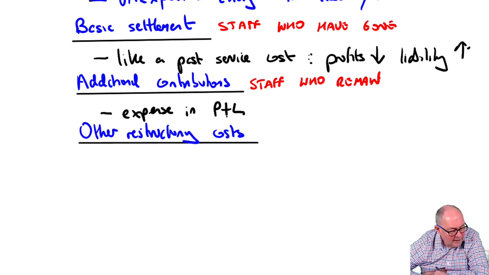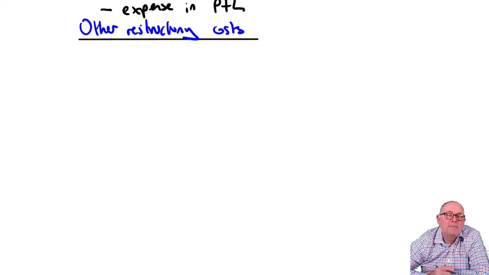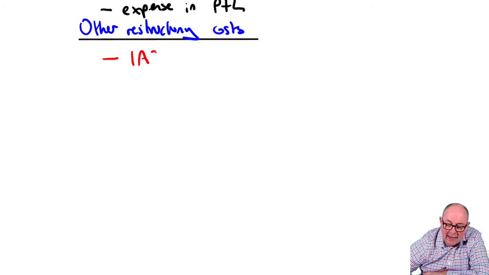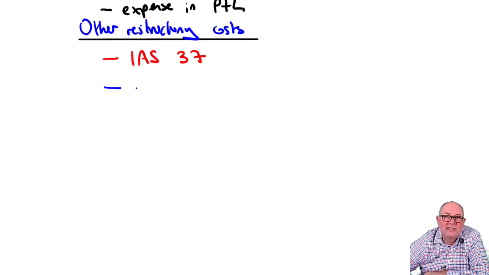Now up to now, there's about 6 marks worth. The reality is most of us would try and get about 3 by explaining some basics. But the remaining 2 marks are very easy. You must know IAS 37 provisions inside out. It's a very basic standard, isn't it? And when you make any kind of provision for reorganization, which is another word usually for firing people or redundancy, when you have any kind of reorganization provision,